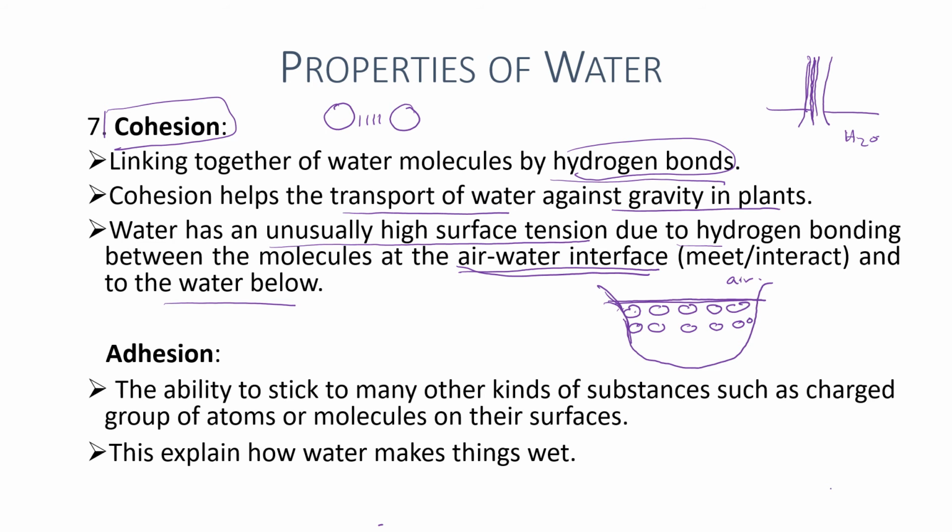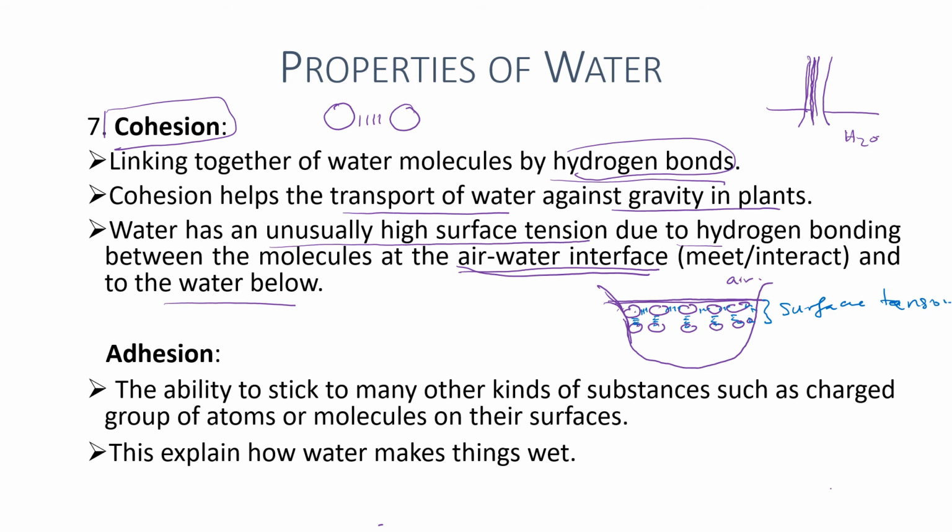So the water molecules at the surface will form hydrogen bonds with one another, and the water molecules at the surface also form hydrogen bonds with the water molecules below. So this will create surface tension. That is surface tension. For example,